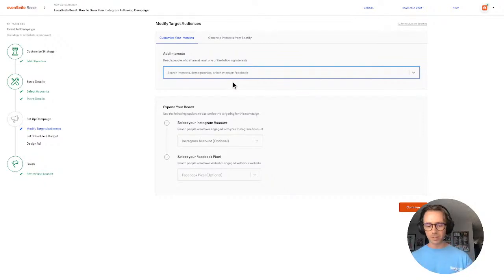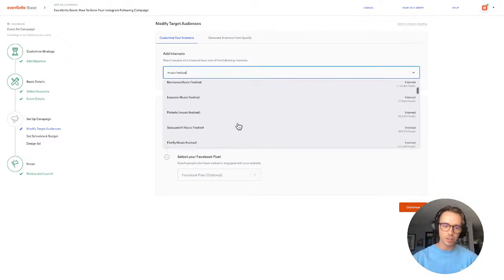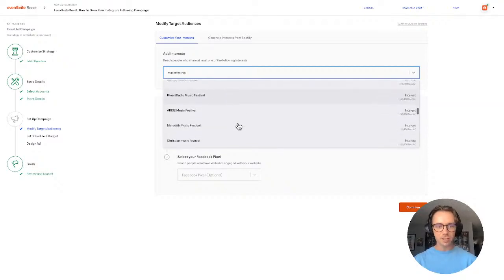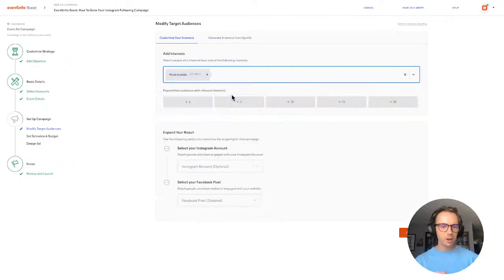So let's just say, for example, we were rolling with a music festival example. We might go ahead and type out music festival and see what related interests we could potentially target. You can't actually target everything under the sun when it comes to Facebook interest targeting, but let's see if music festivals is available. Perfect. So normally all we're doing here is typing out a couple of different types of events,